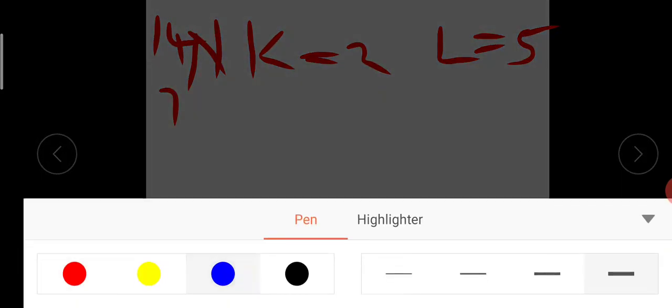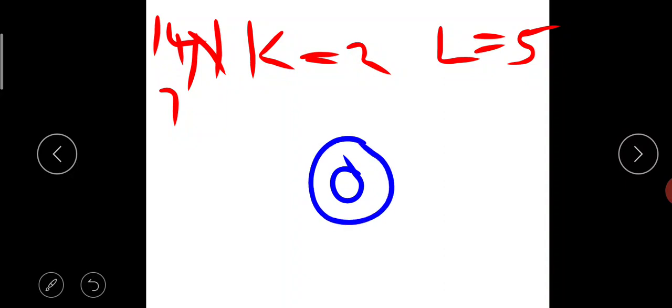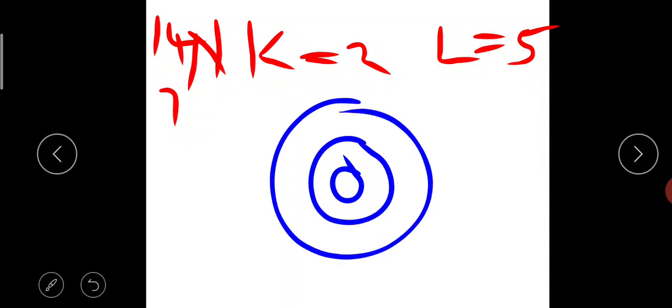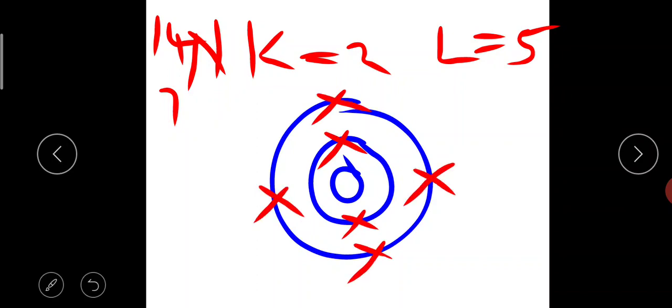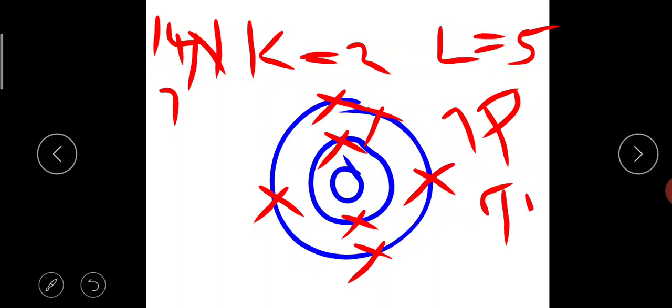So let us draw the shells. First you have to put the nucleus, first shell K shell and next shell L. Okay, let us fill the electrons inside them. 2 electrons and the remaining 5 electrons, 4 and 5. Is it clear? So in the center you have to write 7 protons and 7 neutrons. Is it clear, children? So this is how you have to draw the structure of an atom. Any element if I give, I will give you the atomic number also.